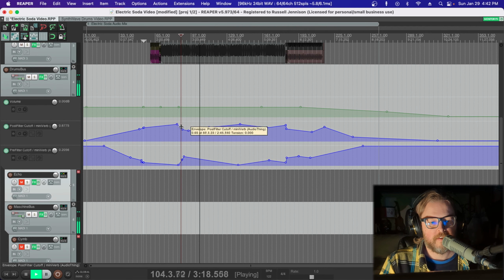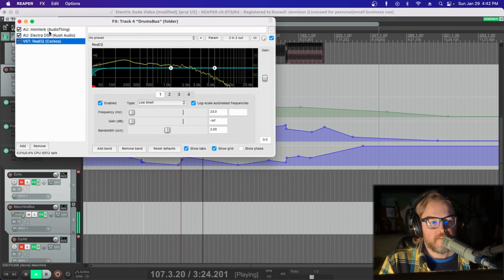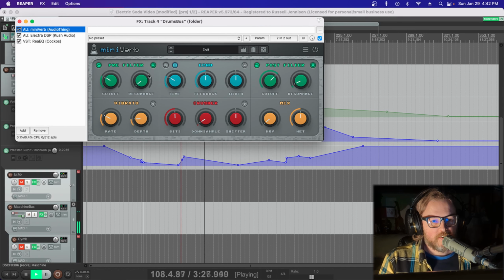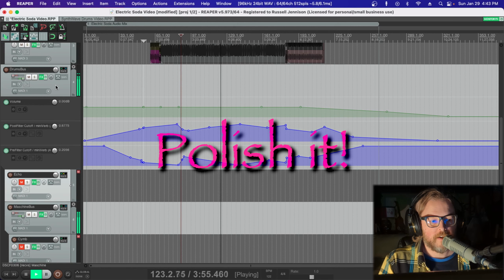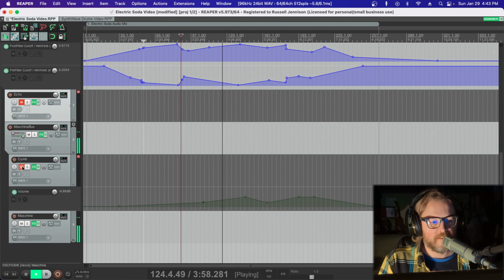And the upper line here is high frequencies being removed. And these are done on this MiniVerb plugin. This actually is an echo, and it can add vibrato and bit crushing. It's from AudioThing, but I really like the filters on it for whatever reason. They just have a particular sound, and there's two of them, so I can control them independently. The post filter I'm usually using as the low pass, and the pre-filter I'm usually using as the high pass. So that's varying the sound quite significantly right there, but it's more of a polish on top of the drum track. So this is the main track, and let me just add these cymbals back in that I mentioned,